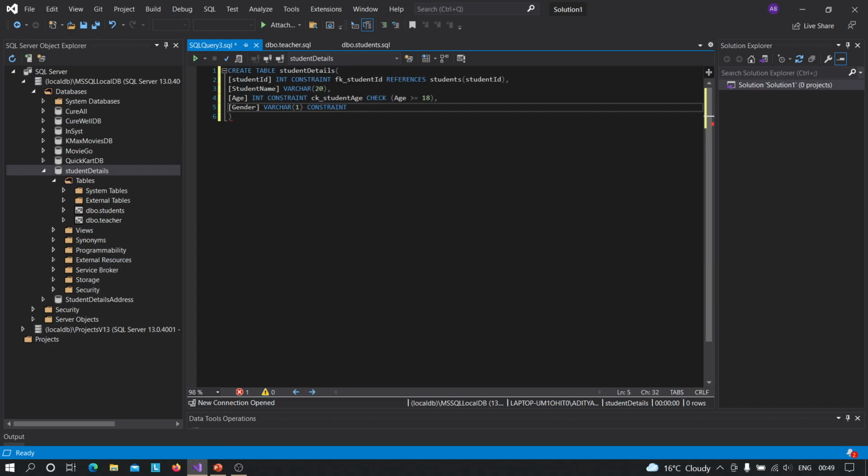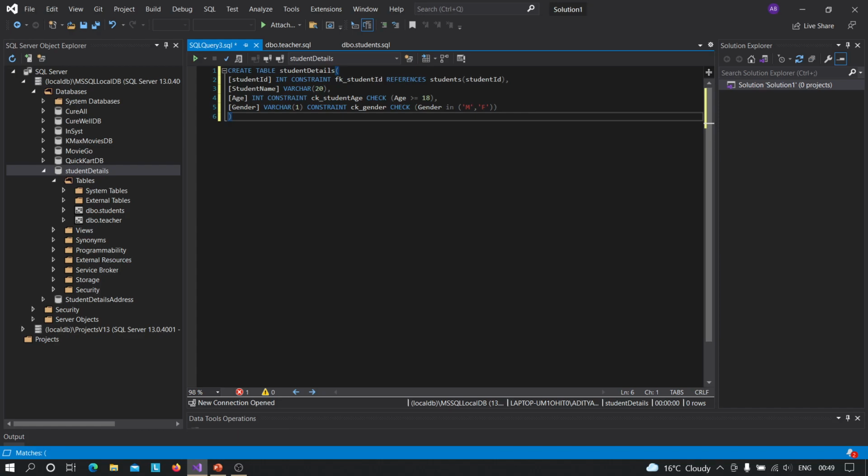It should not be A, B, C, D or X, Y, Z. So here I will create CK check constraint and I will type here gender, and then I will make sure check gender in M or F. So here it will check whether the gender is M or F.